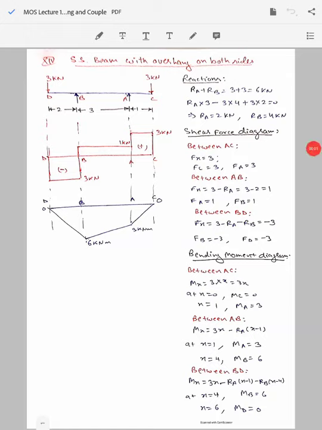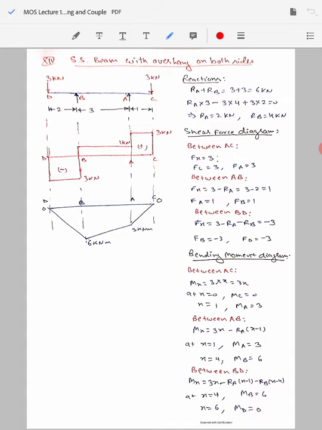Hello students, in the previous class we did the case of the beam with one side overhang. So in today's class we are going to look for the cases in which the simply supported beam is having the overhang on both the sides. Here we can see in this figure that the beam AB is overhang on both the sides from the supports,